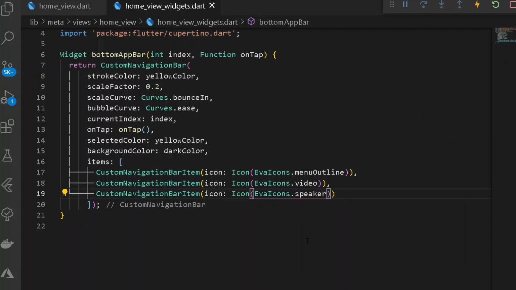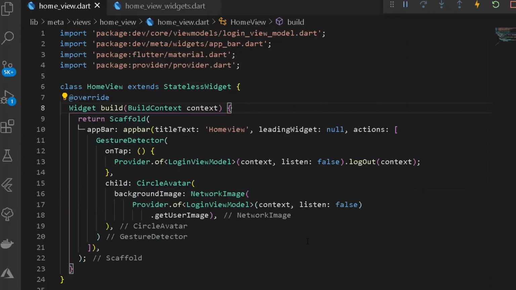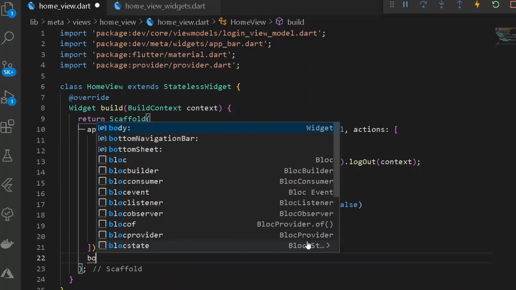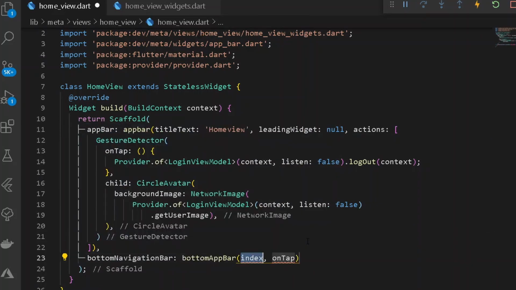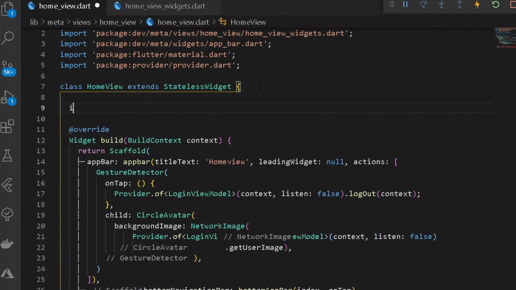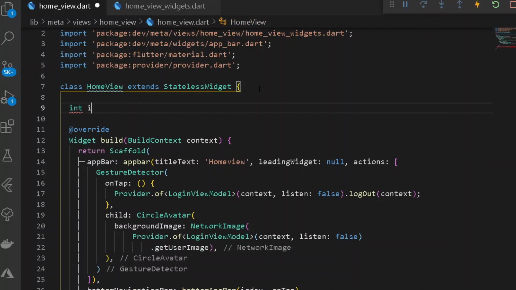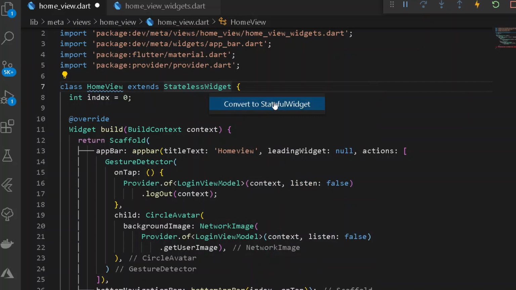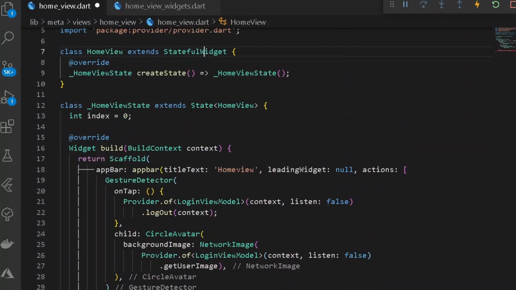So what we can really do is go back under our home view, and under our home view, after having the following app bar, let's have a new bottom navigation bar. Now here it shall be requiring a context, that is an index, and also an onTap property. So here first thing first, let's provide here a new integer of index which shall be initially 0, but after that let's refactor the following thing, that is our class under a stateless widget.